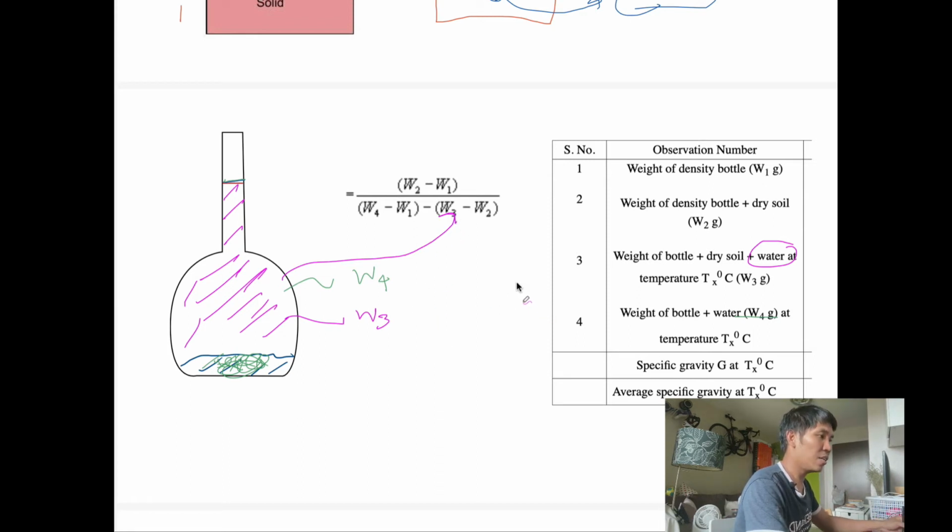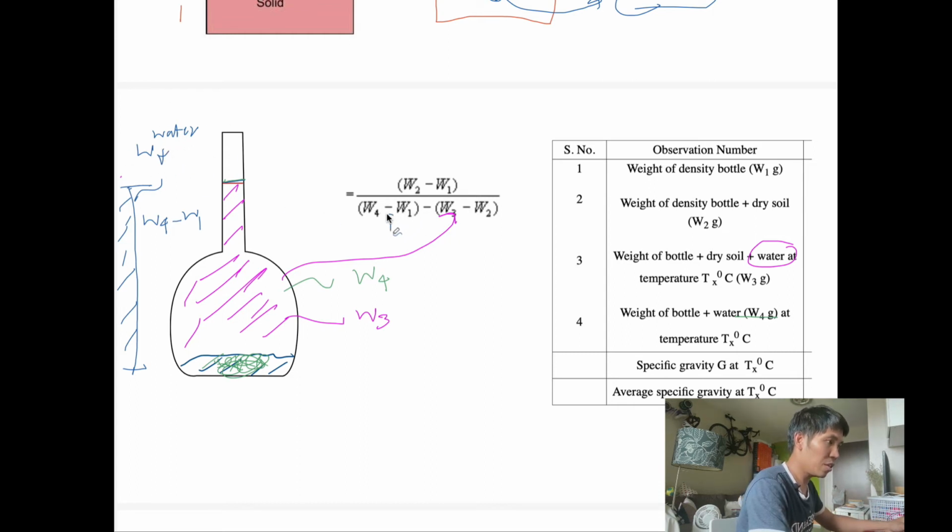Okay, and the next part: W4 minus W1 is what? It is the change, the blue one. W4 minus W1 is the weight of water at what? Without soil. If we use the first part minus the second part, it is the weight of water,